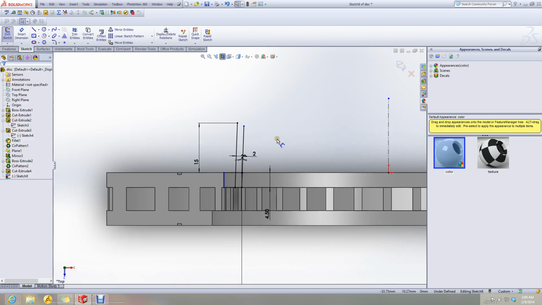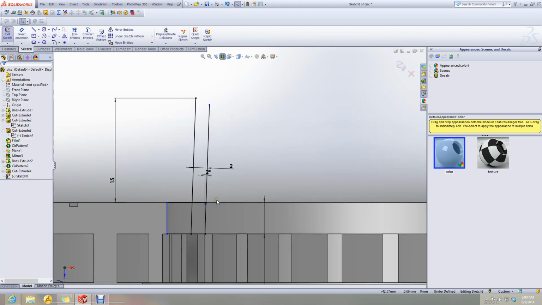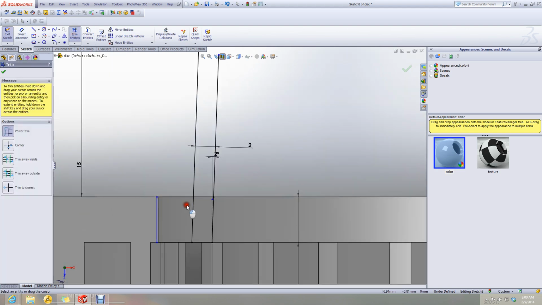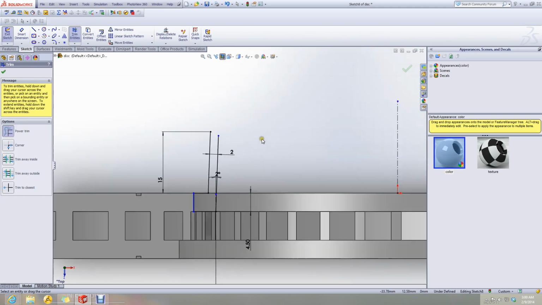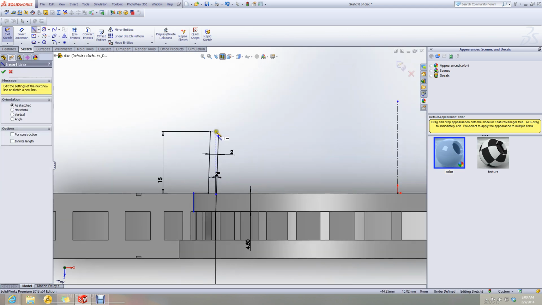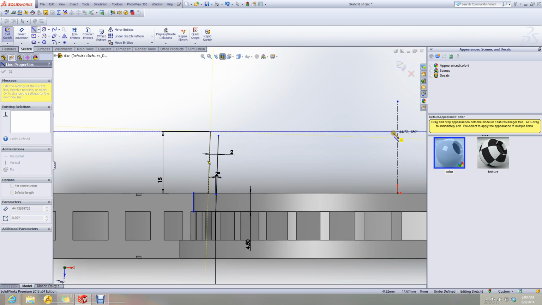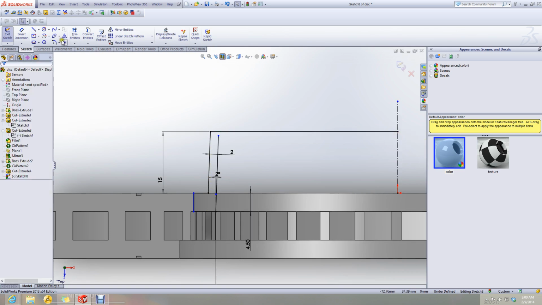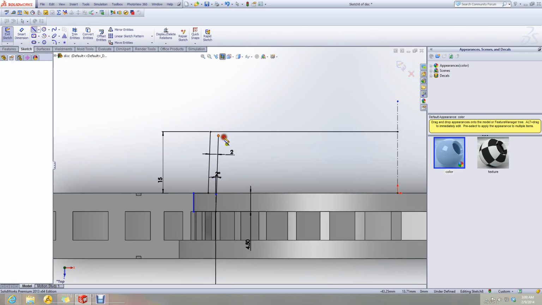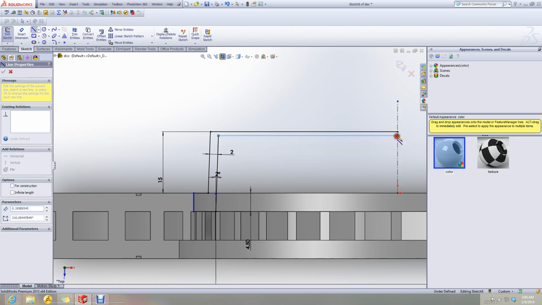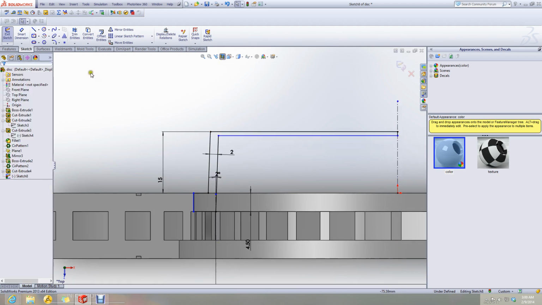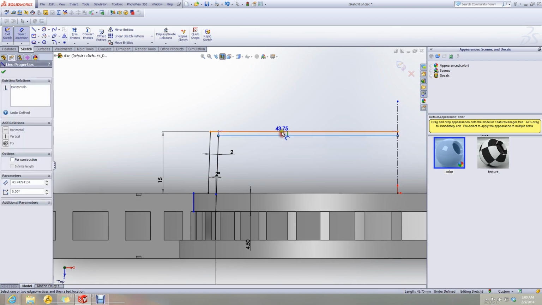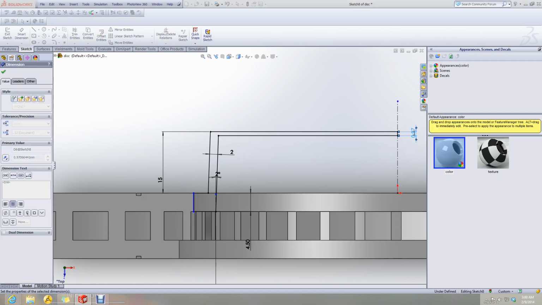Let's make it 2. We trim it off from here, and now this joins here, this joins here, and the distance between these two faces is also 2.